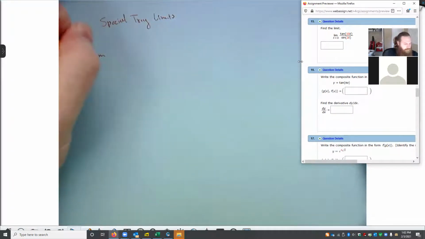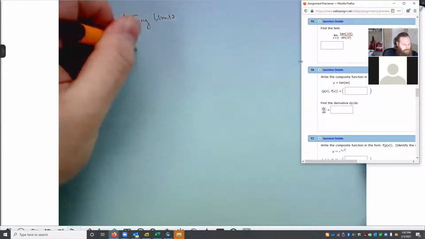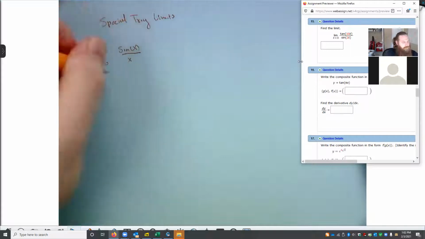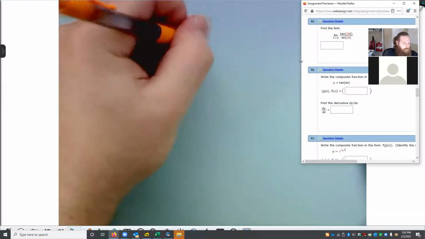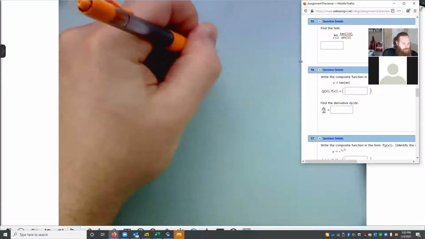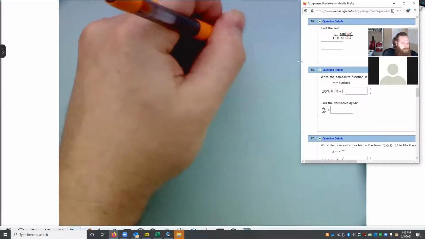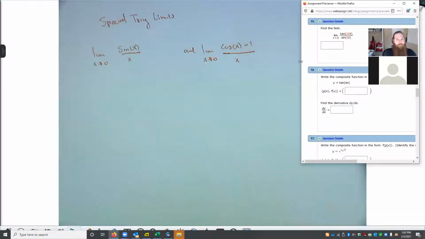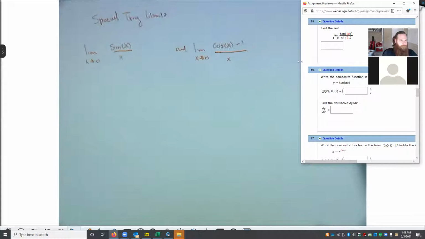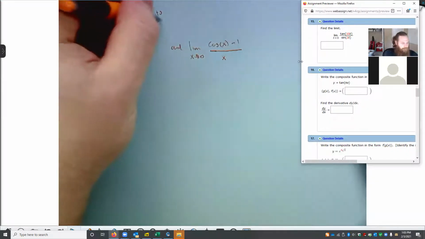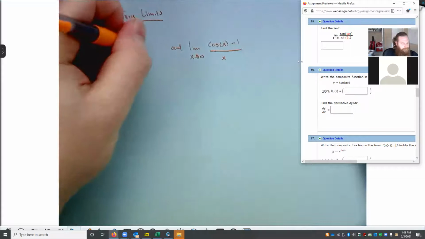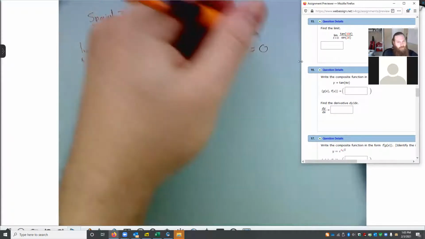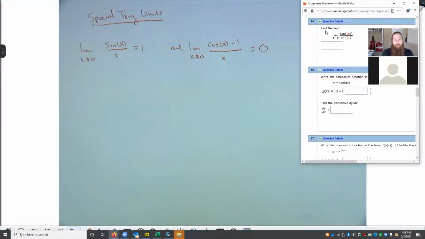The limit as x goes to 0 of sine x over x, and the limit as x goes to 0 of cos x minus 1 over x. Do you remember what these guys are? The sine one is 1, and then the cosine one is 0. Yeah, good. All right. So for all of the problems like this, we have to use some combination